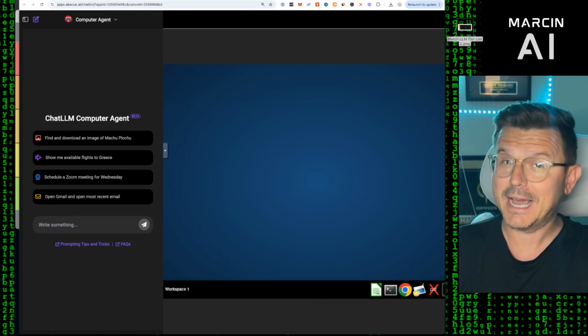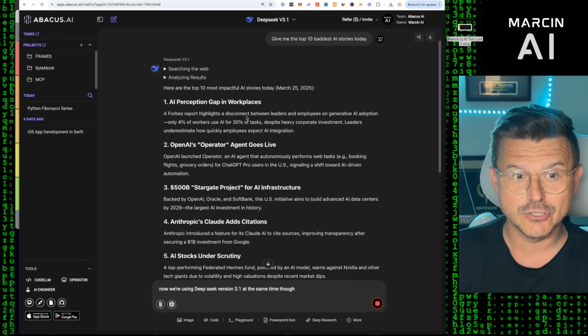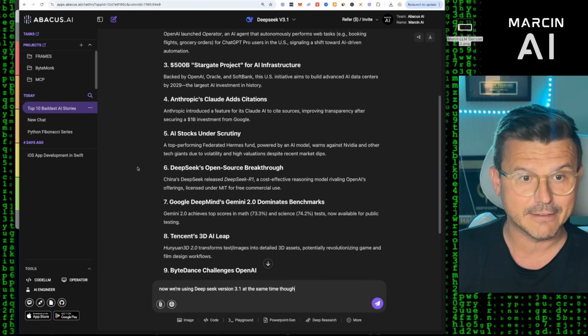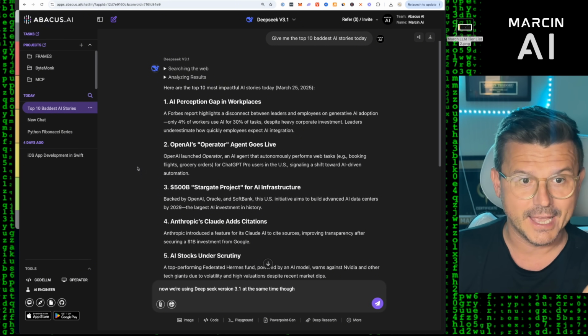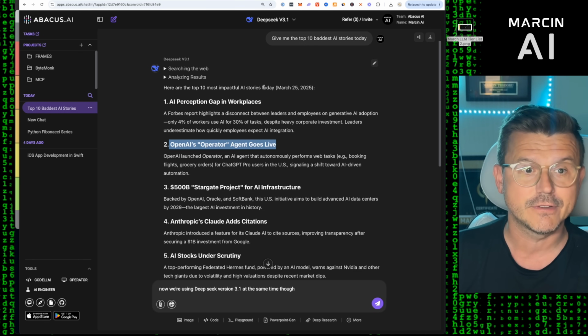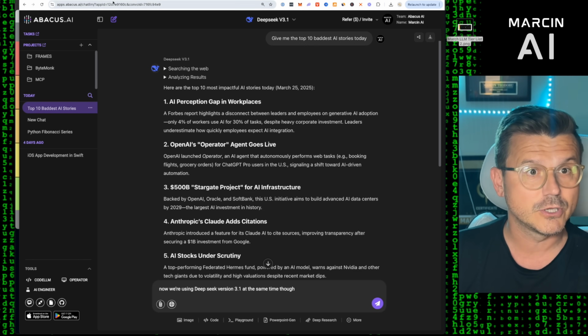Just think about the power of this. You're able to basically use all of the tools all in one place. I think this is definitely a game changer, and it's been fun to play with. So let's take a look. So you got AI gap in workspace, OpenAI operator agent goes live. Oh, you want to use that? We also have